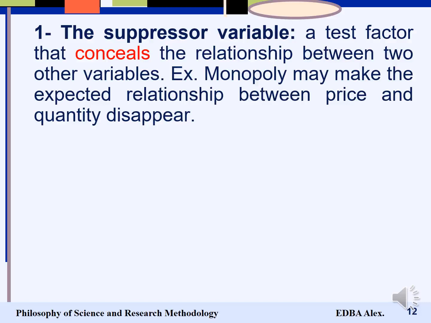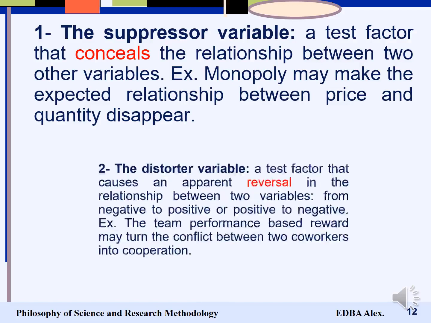Why is that? It is because of the existence of a third variable, which is monopoly. So the monopoly makes the expected negative relationship between price and the quantity disappear. So this is called the suppressor variable. Another